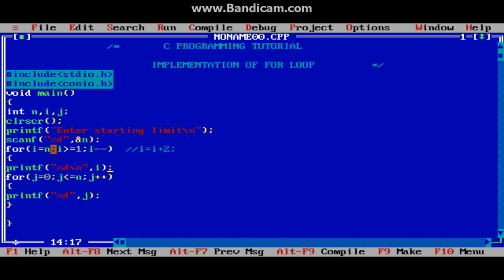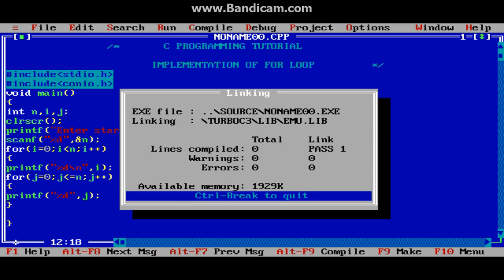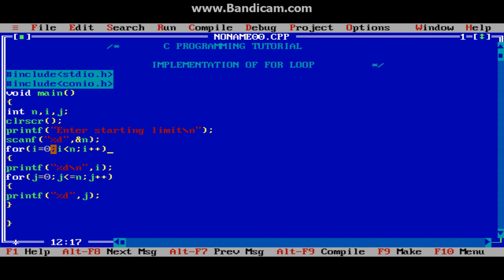First of all, in the first loop it will print the value of i. Here I am changing it to 0, making i smaller than n and i plus plus. It has no other work. Then compile the code. You will see, and after that I will explain. Suppose the limit is 3. The output is 0 0 1 2 3, 1 0 1 2 3, 2 0 1 2 3. Why is it like this? Because in the first loop